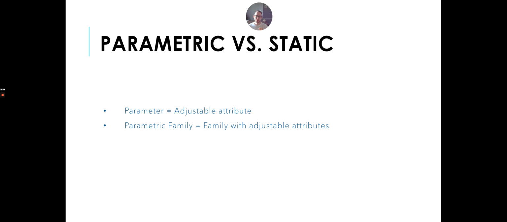So a parametric family means a family that you load in, and there's a bunch of what we call parameters. They're attributes that you can change. So they're what I just listed. So if you loaded in a couch and you couldn't change the length, width, height, or depth, or even the material, we'd call that a static family. But if you loaded it in and you can see in your properties menu that you can change the length, height, width, then you know it's a parametric family. Those are parameters. Length, height, width, those are parameters, right? They're attributes that you can adjust. So we'd call that a parametric family.